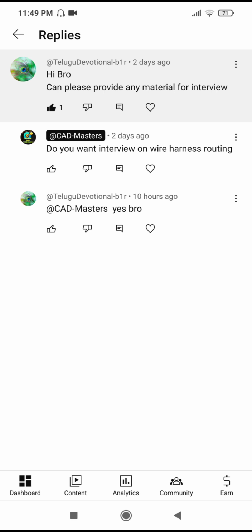is of 1 meter, what will be the gauge of that wire? You can calculate according to the wire length and how much ampere is going through that wire. Okay, according to that you can select the type of wire, style of the wire, like JXL, TXL. Okay, and after that